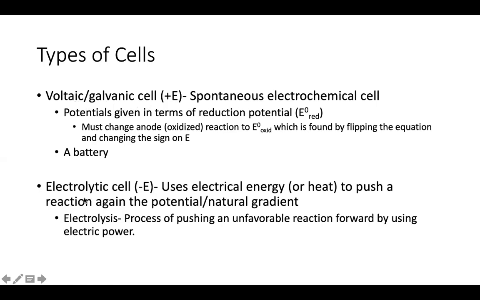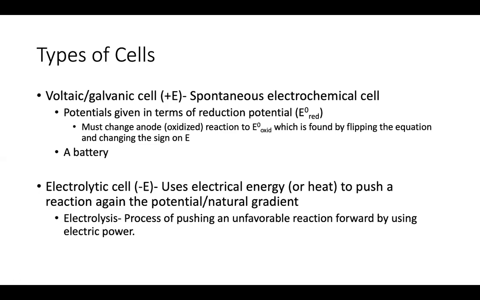We also have something called an electrolytic cell, which has a negative E value. Electrolytic cells use electrical energy or heat to push a reaction against the natural gradient. So it's unfavorable. Without this input of energy, it wouldn't go this way. And there's a term called electrolysis, which is the process of pushing an unfavorable reaction forward